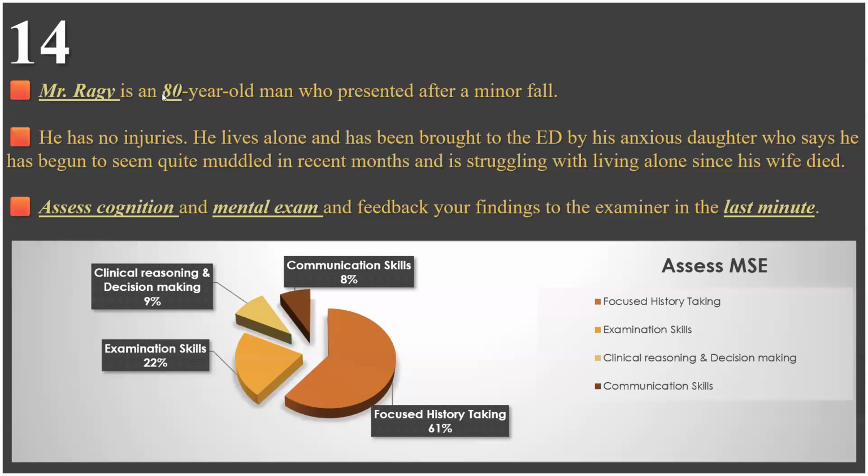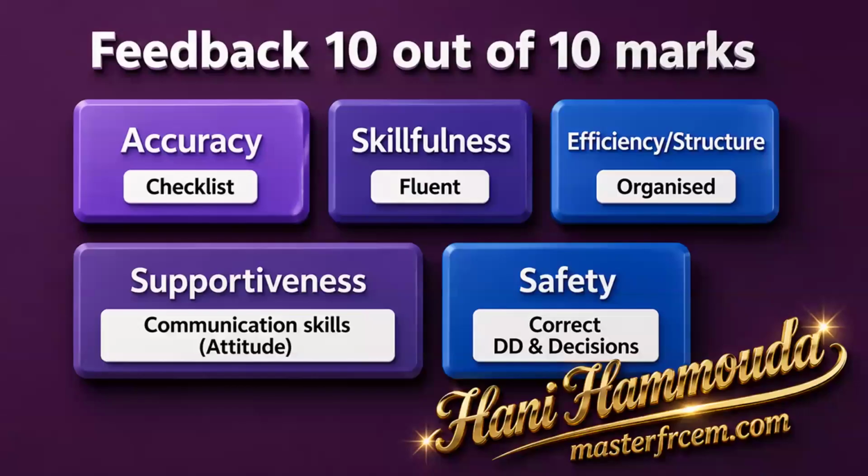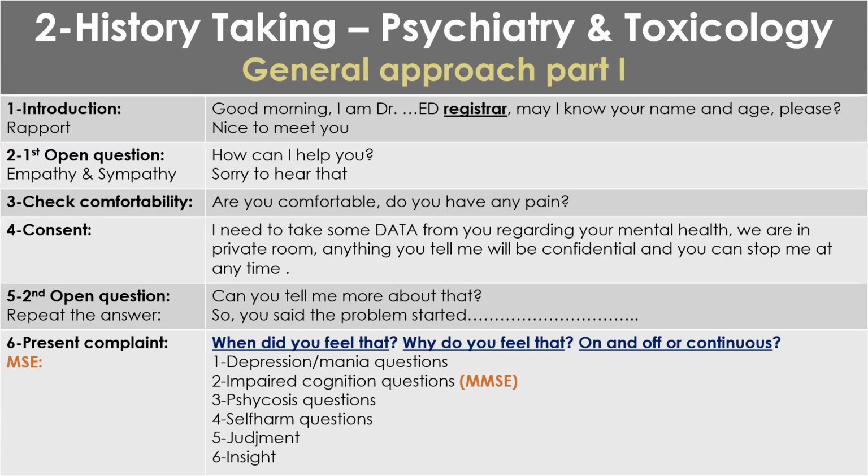I have assessed Mr. Raghi, 80 years old. He has severely impaired cognition and he has had a minor fall. Maybe this is a reason. He had a UTI last month, maybe it's recurrent. He has tummy pain, maybe it's because of the UTI. So, his presentation,